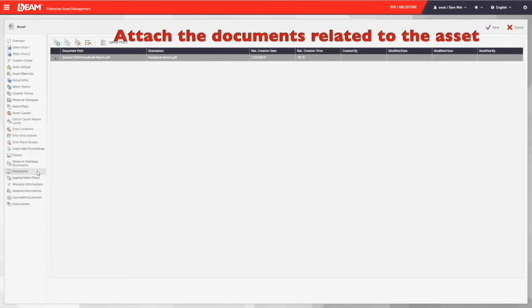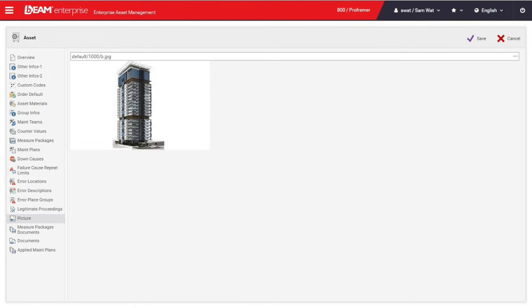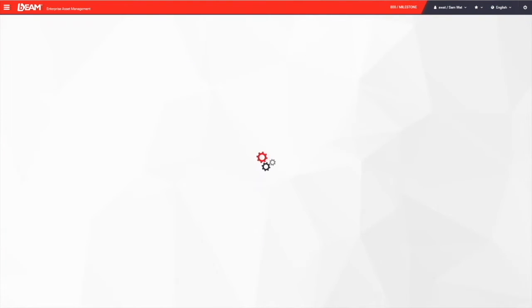Any handbooks, instructions, or certifications can be attached under the document fields. You can also upload the picture of this asset here too. After you fill in all the information, you can save it and the new asset and its information will be saved